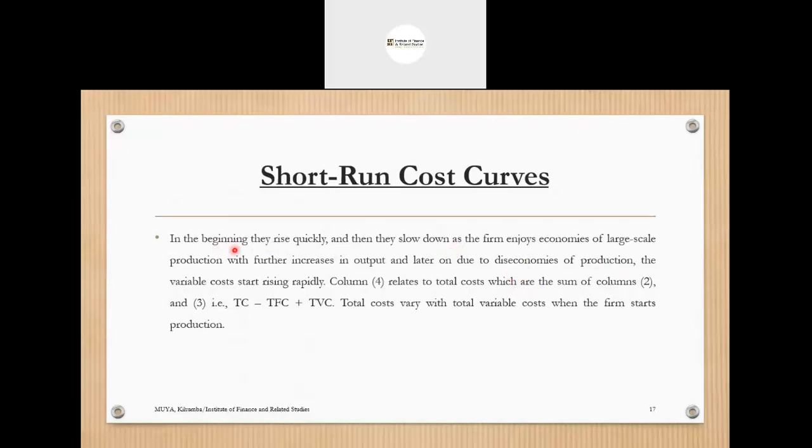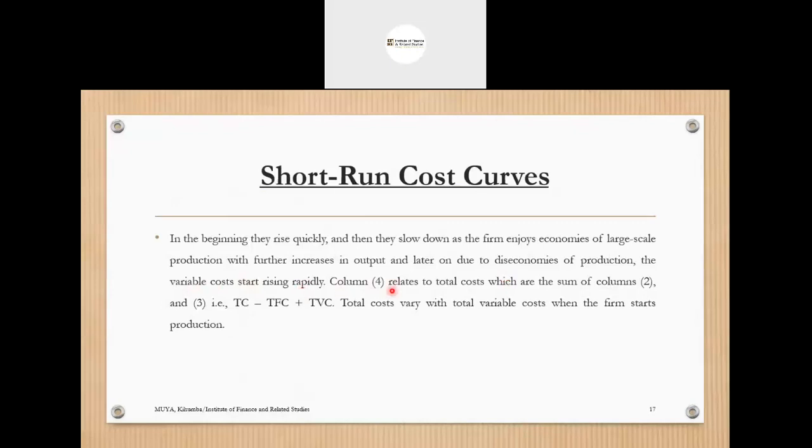So we are saying the variable cost initially rises quickly and then slows down as the firm enjoys large scale production, with further increase of production. But as output increases, diseconomies of scale set in